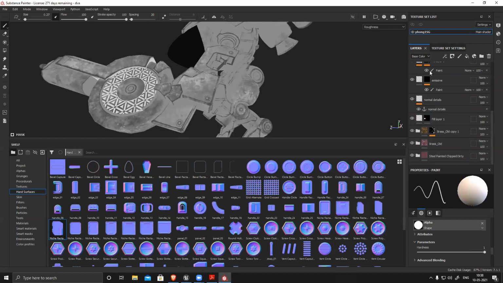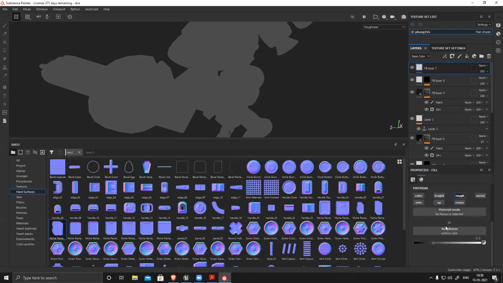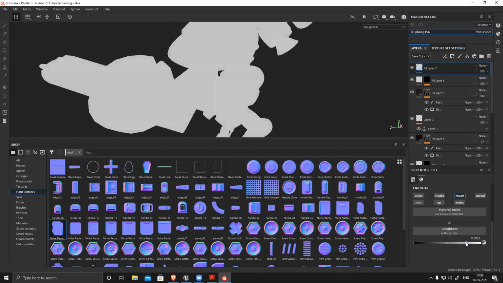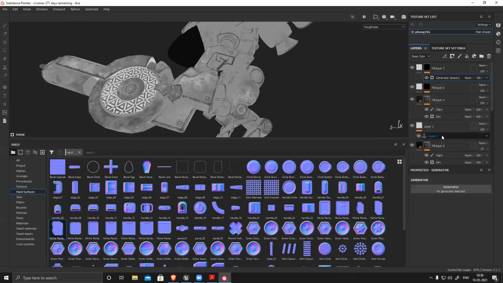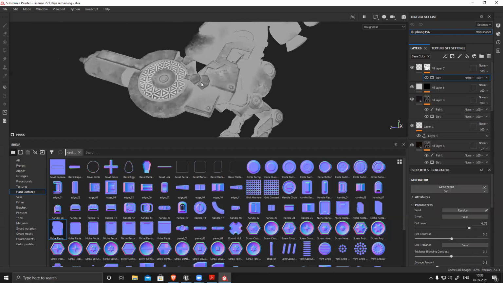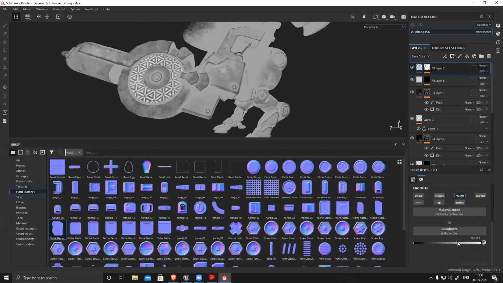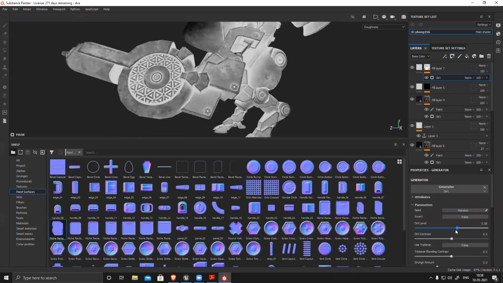So what I'll do is overall I'll create a fill layer, switch off everything and keep only the roughness, and make it kind of matte, not this much, this much. Right click, add a black mask, then add a generator and I'll add a dirt. It will make those sections a little lighter in color, you can see, but it's too much. So I'll go to my generator and control it. That separation should be there. You can see that separation should be there.